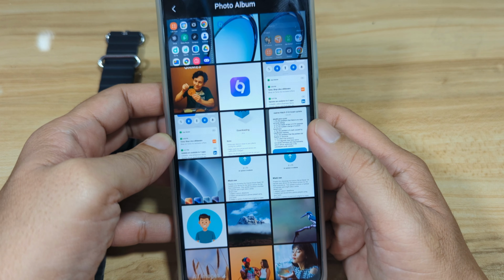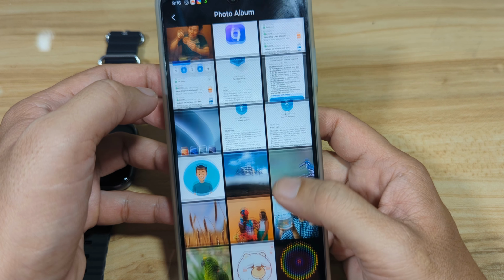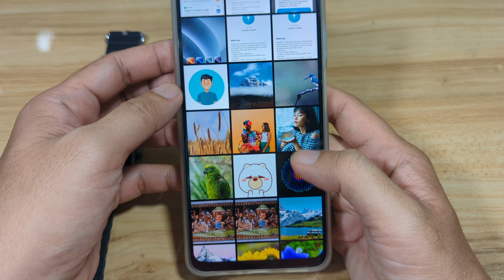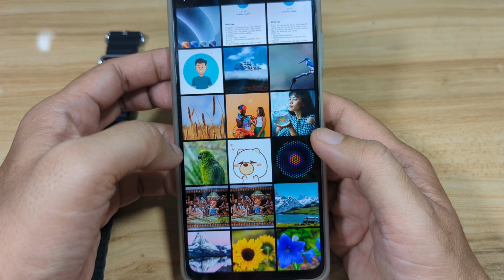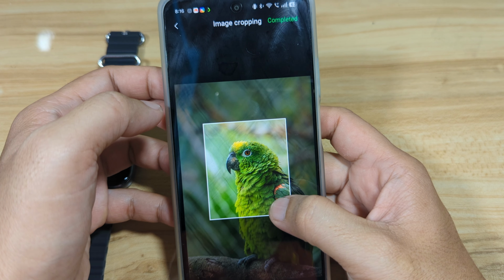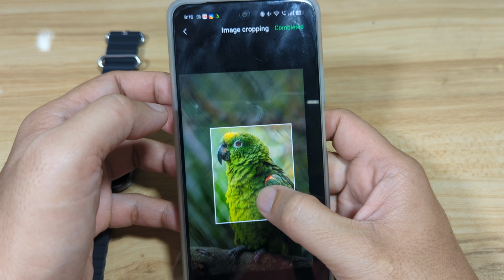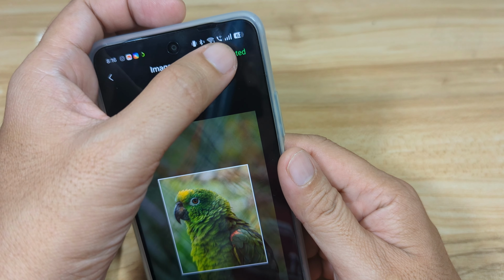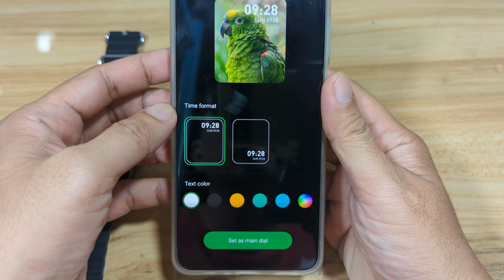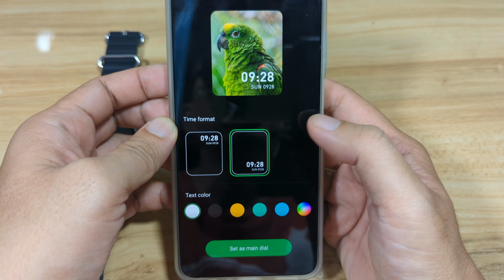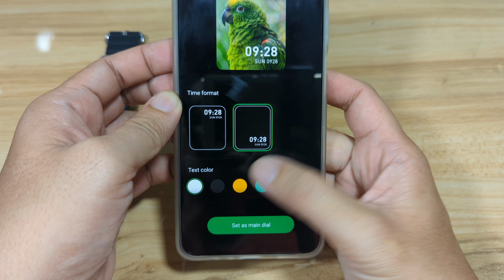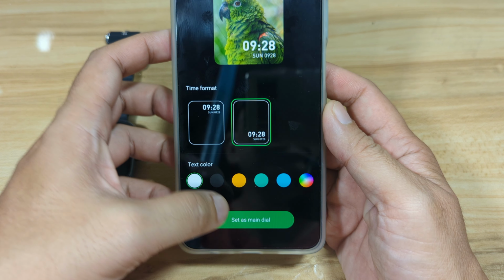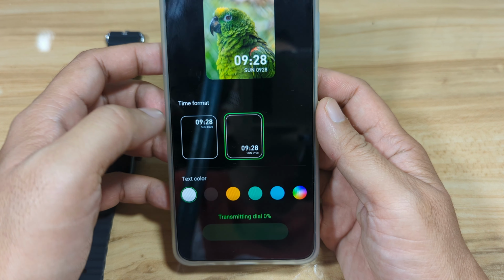Select from the album, and we have here the section for watch faces. We'll select this one. Okay, adjust the image. Then completed. Okay, adjust the date and the time. You can pick the color. We'll leave it as it is. Then set as main dial.